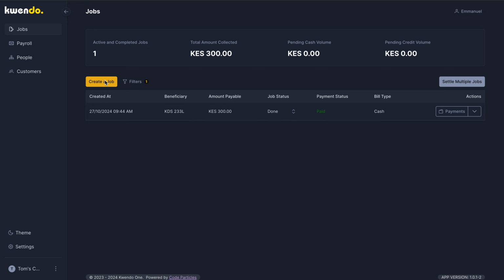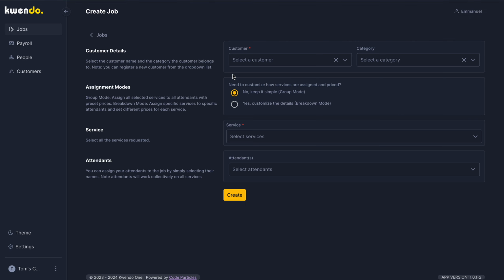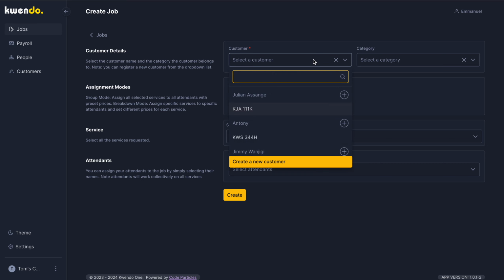To create a job, simply head to this yellow button right here and click on create a job. So you select a customer. As you can see, we already have some customers here. These customers basically are those who have ever visited our car wash. And it is important to note that whenever anyone dashes into a car wash as a customer and you attend to that customer,